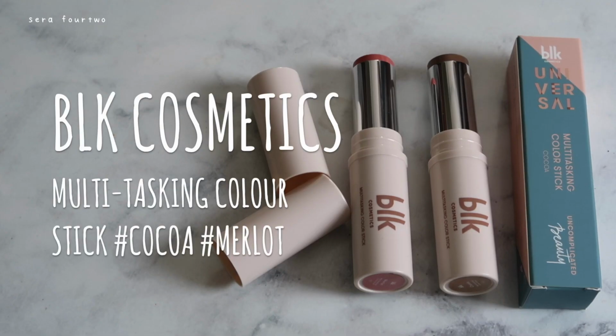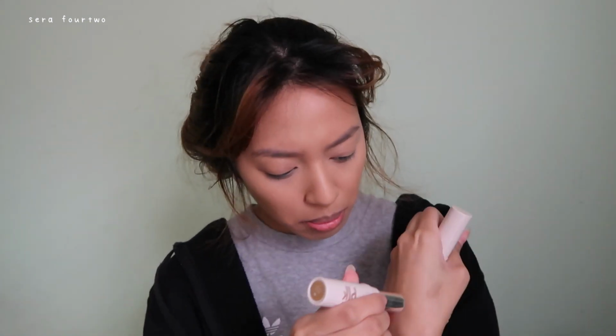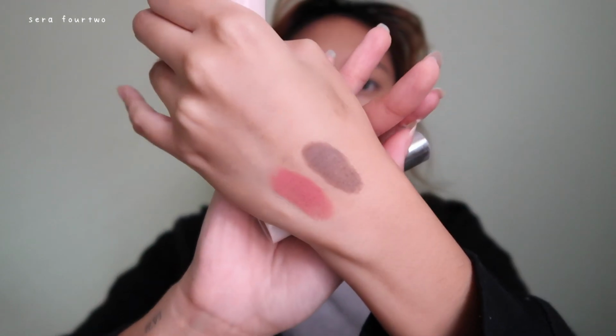Next are the, what are these? The multitasking color sticks. I got Cocoa and Merlot, so this one, Merlot, is the blush. It's a very pink blush, very creamy, pigmented, but it does have a matte finish, so these are one of the rare cream products that actually work well with my skin type. These are the shades. Very cool contour shade, so